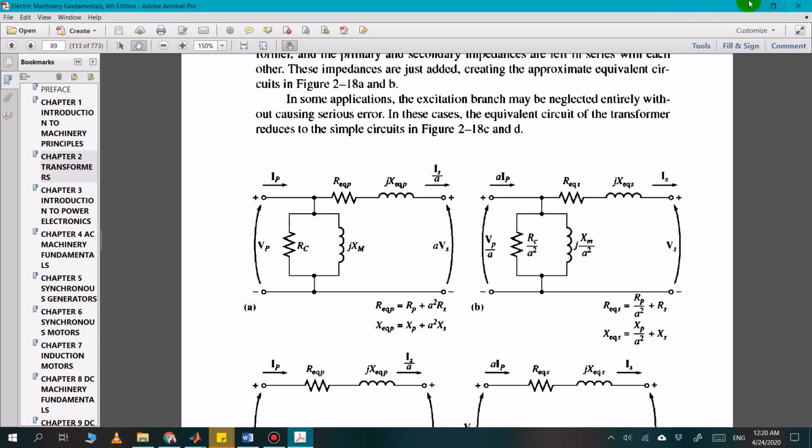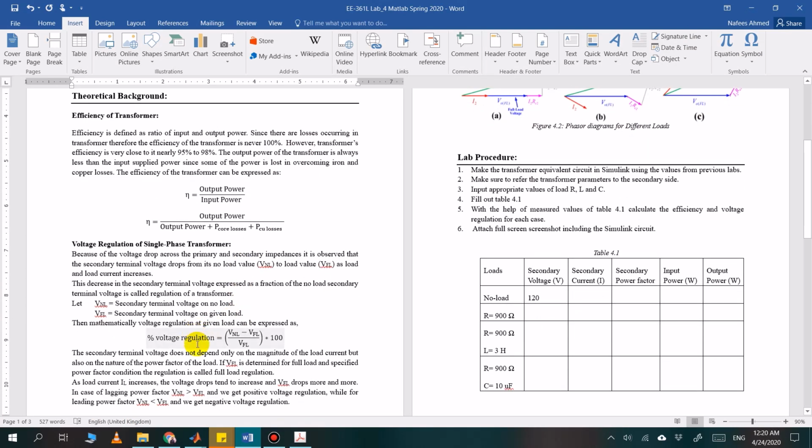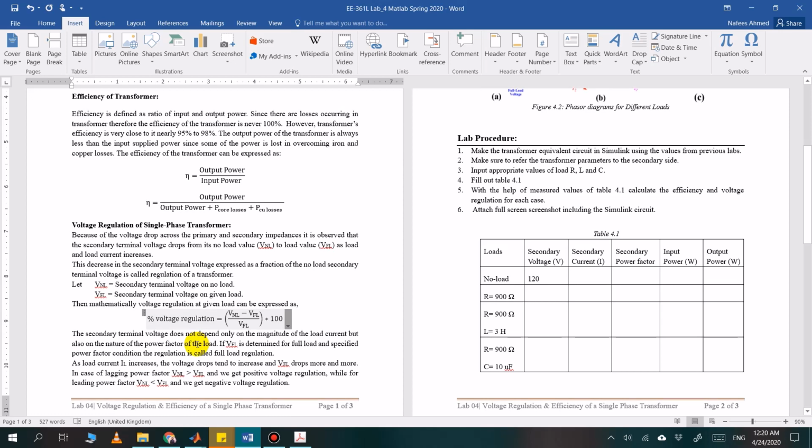Before going to the Matlab, let me first talk about what is voltage regulation. Voltage regulation is basically how much voltage you are sending and how much voltage you are getting at the output. The formula of voltage regulation is no load voltage minus full load voltage divided by full load voltage. Now, this no load voltage is the voltage that you get when there is no load connected at the output, and the full load voltage is the voltage that is when you connect a load and you get the corresponding